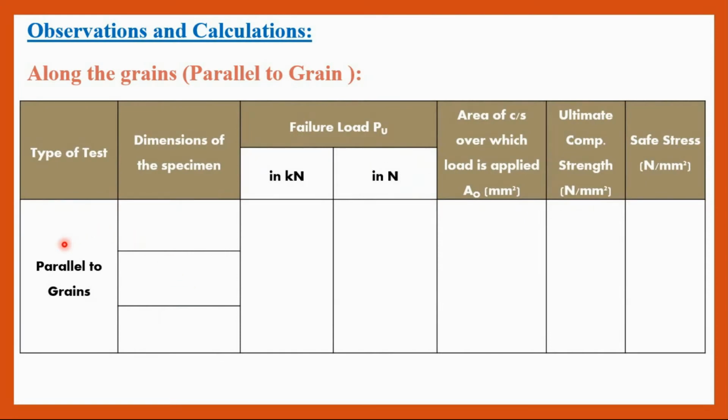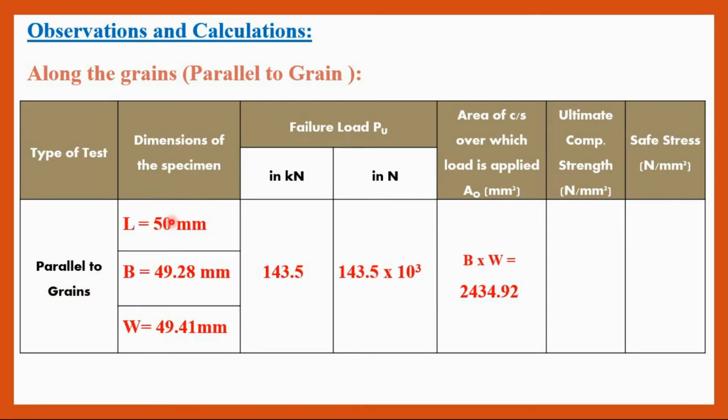First, the type of test: the first case is parallel to grains. We measured the dimensions: length is 50 mm, breadth is 49.28 and width is 49.41, and the maximum load it has taken is 143.5 kilonewton. In terms of Newton, that is multiplied by 10 raised to 3. The area of cross section over which load is applied means width into breadth, so 49.28 into 49.41. So, I got the value as